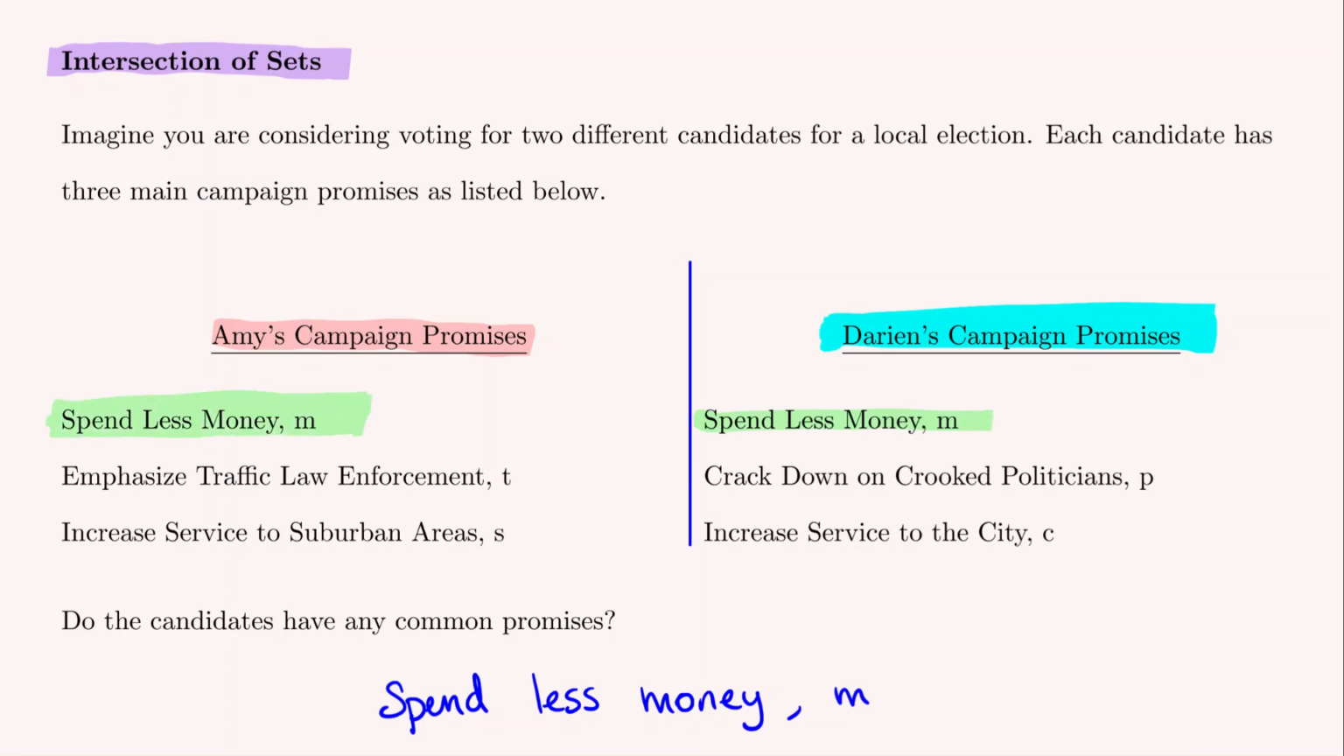This is the basic idea of the intersection. It's saying, look, we have these 2 different ideas or groups or sets